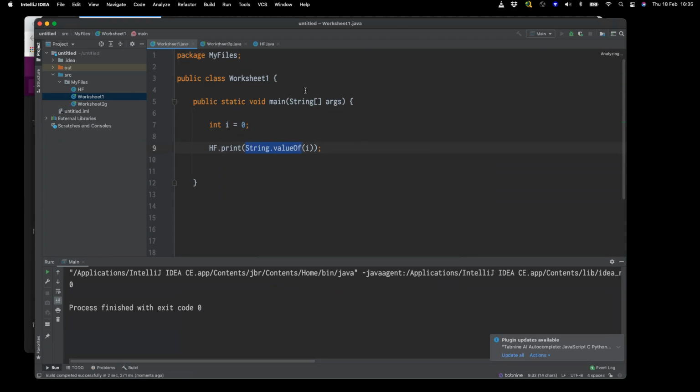And there we go, 0. That's a really useless example. Let's put a different number in there so you can see, just so the concept is clear. Why would I want you to do that? I would want you to do that and encourage you to do that because I'm trying to teach you Java.